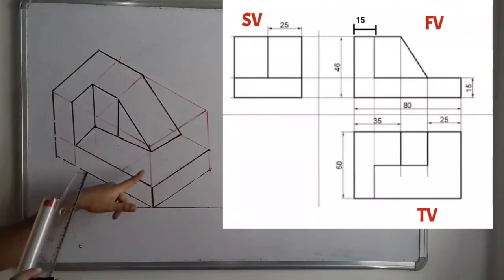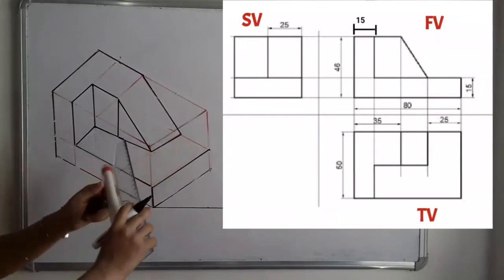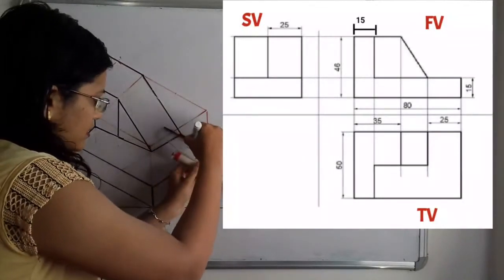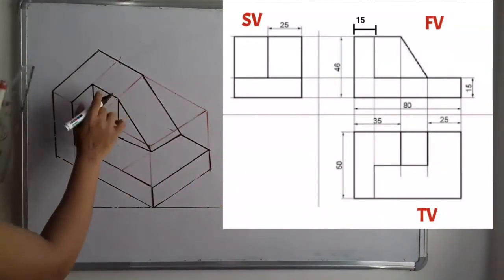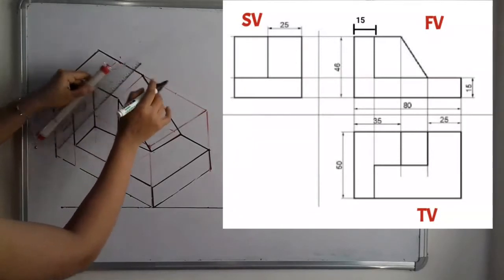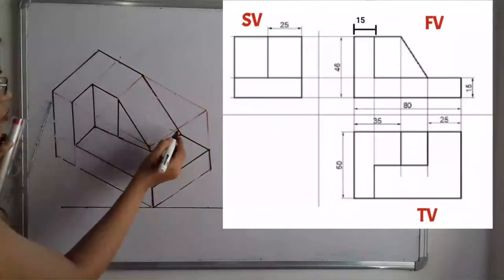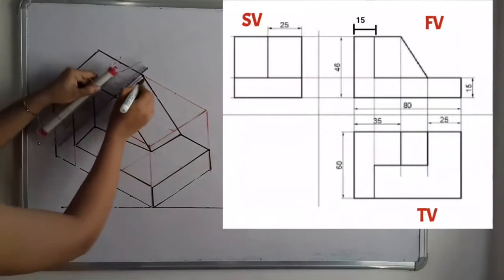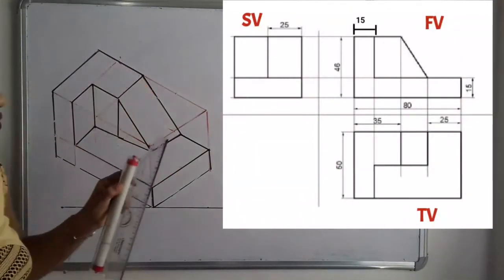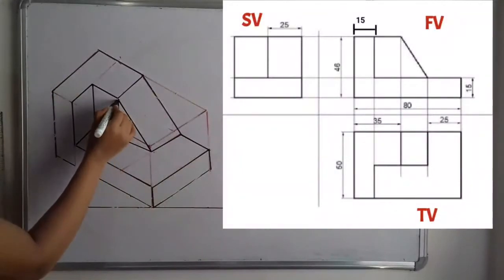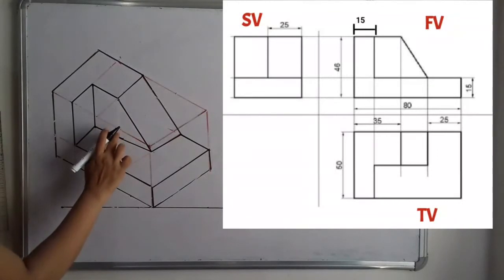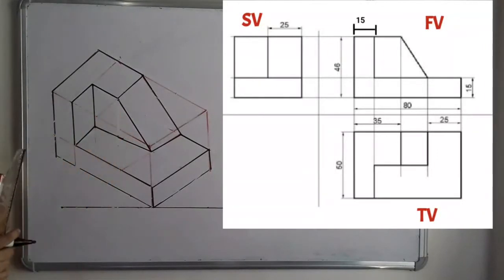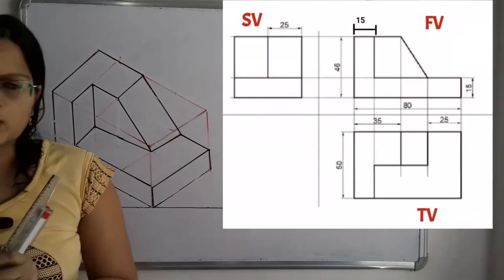Now if we observe here, again we have to complete this. That is the end point of the slope and this is the construction at the height. So here we will clearly show this, because in the top view two straight lines can be shown here. So we have to show this. Now if we observe, the line joining the slope to the base is not shown in the front view, so we will remove this line. So here this is the total construction in the isometric projection.